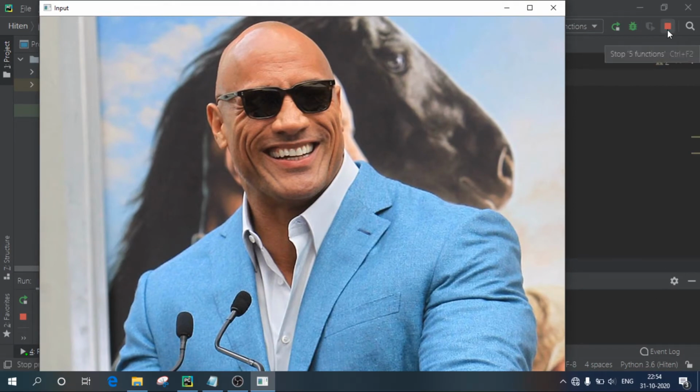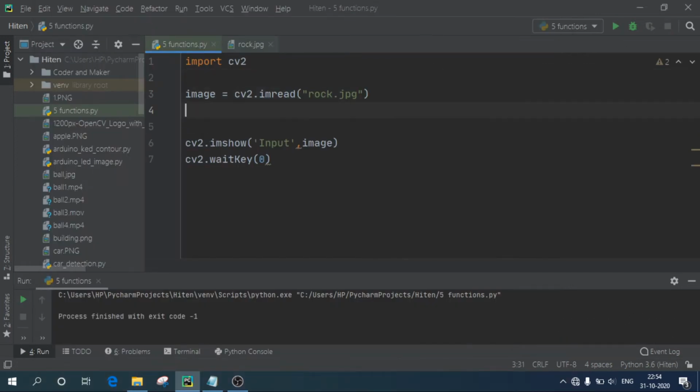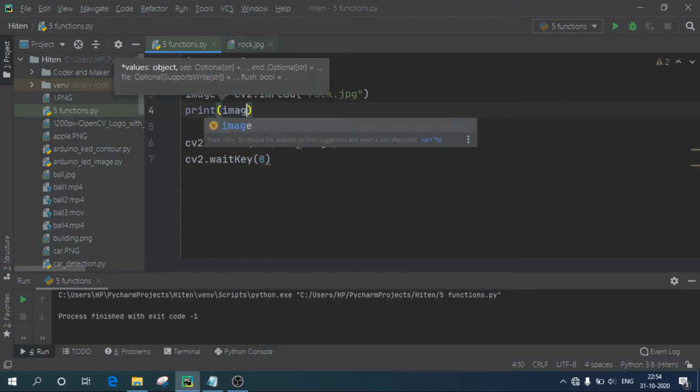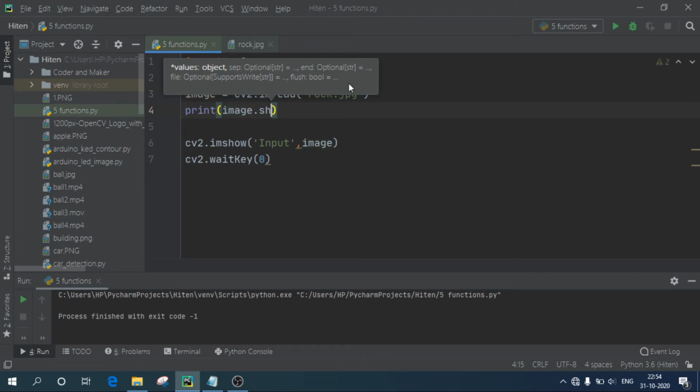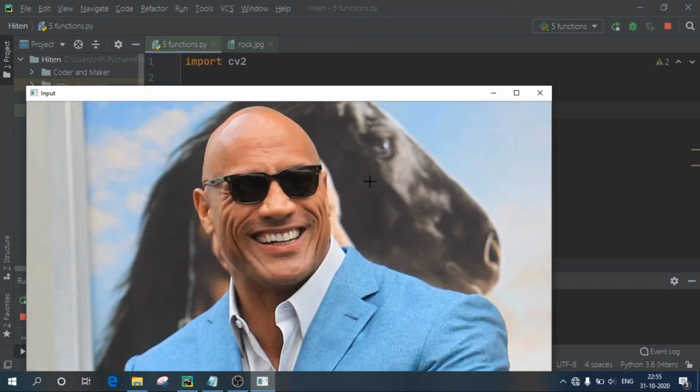So the first operation is to resize the image. As you can see, the height and width of the image is too big. First of all, I don't know the height and the width. So what I can do is I'll write print, write the variable name image.shape. This will give us the height and width of our input image. So run this code.